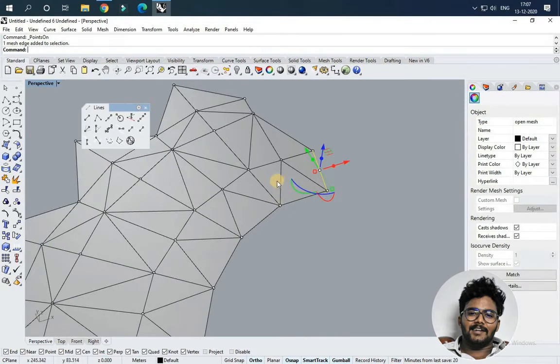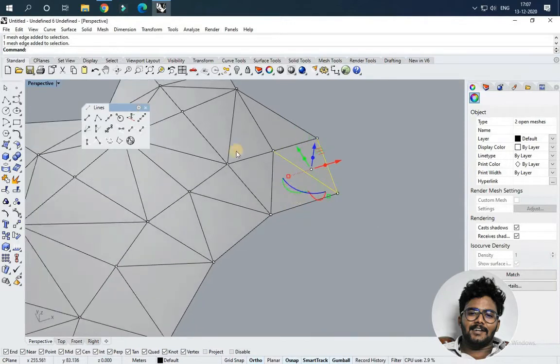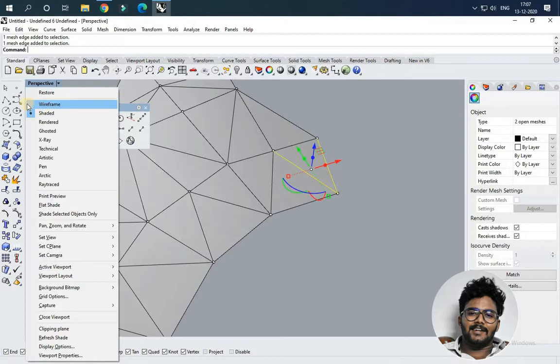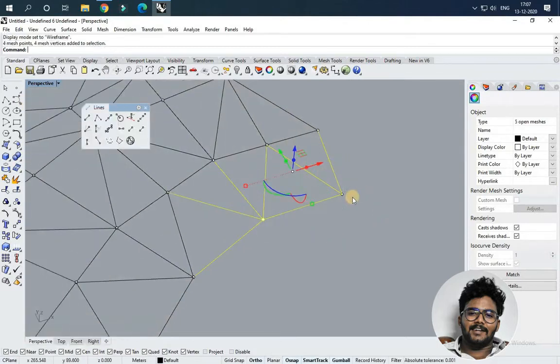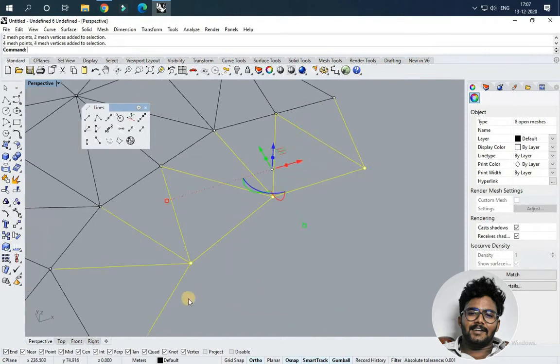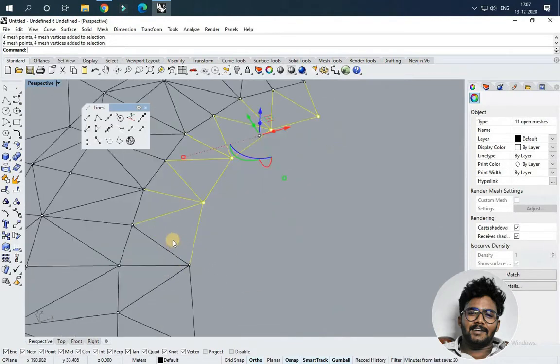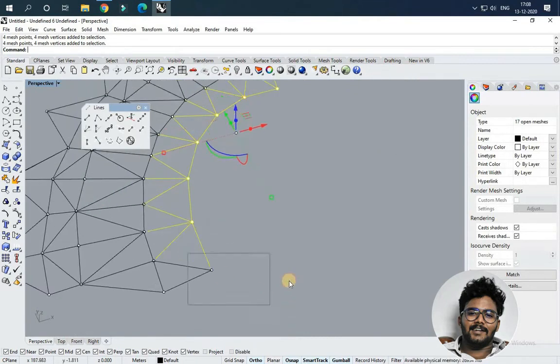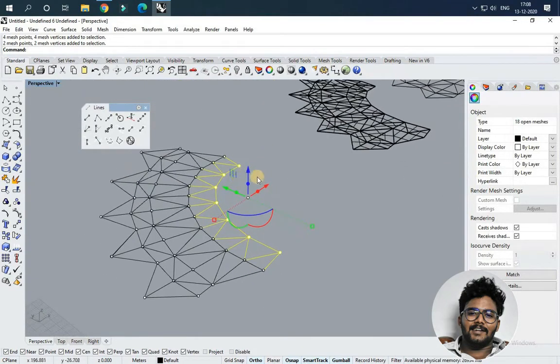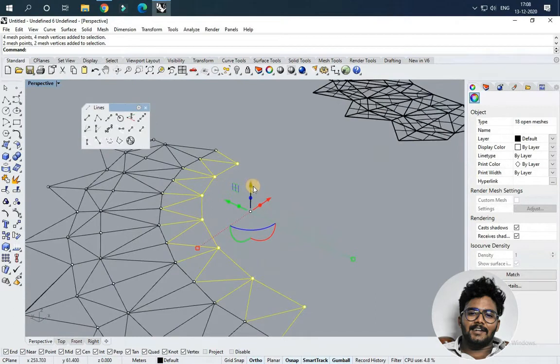So I'm just selecting it and using. Now select the lines in between. You can use shift control for inter selections if you did not get that option, because I used to change it to my default, okay? And I'm changing it to wireframe so that I could select the points and lines easily. If I do it in shader, it's really tough to select. So I'm just changing it to wireframe, which will be easy.